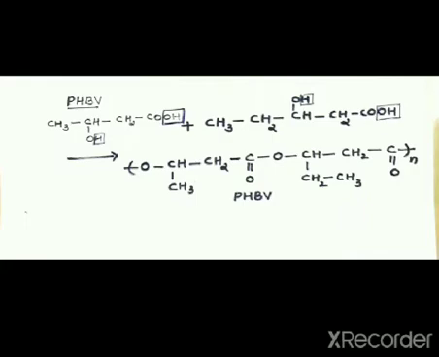Now see here, it is the OH group of butanoic acid which interacts with the COOH group of pentanoic acid. As a result of interaction of the OH group of one molecule with the COOH group of the other molecule, elimination of small molecules of water will take place. As a result, you will find ester linkages in this polymer. COO linkage will be present. Therefore, PHBV is a polyester. You have to be careful that it is a biodegradable polyester.